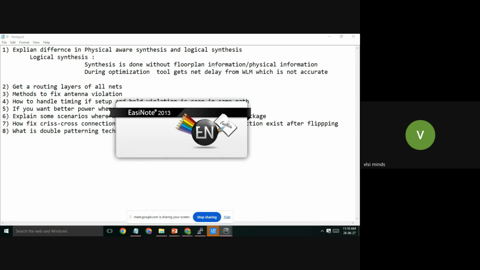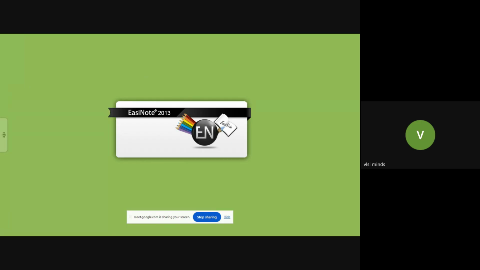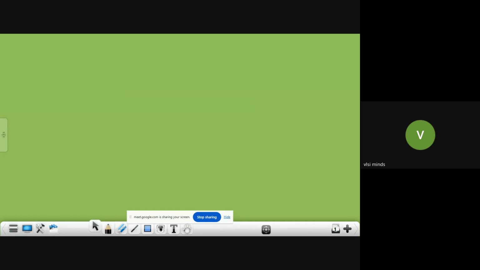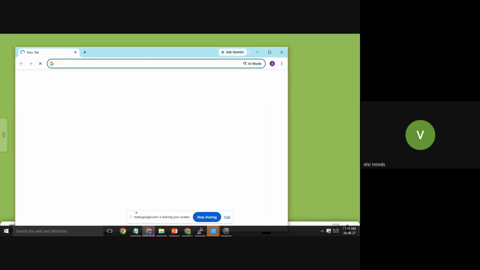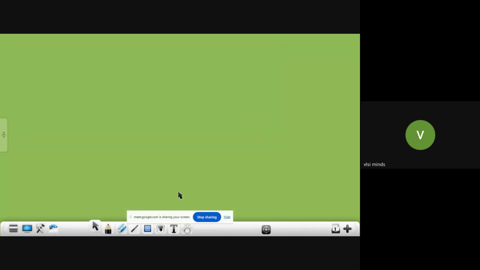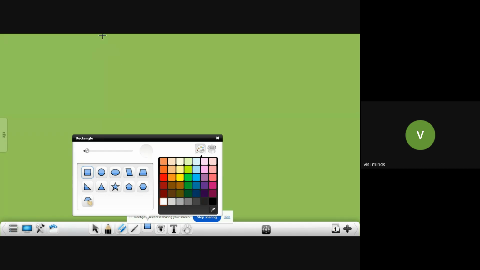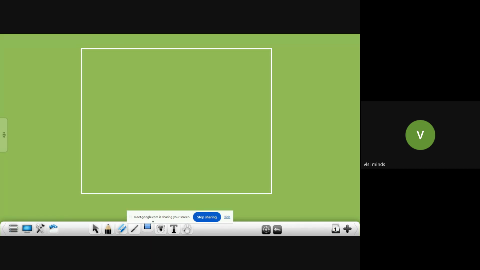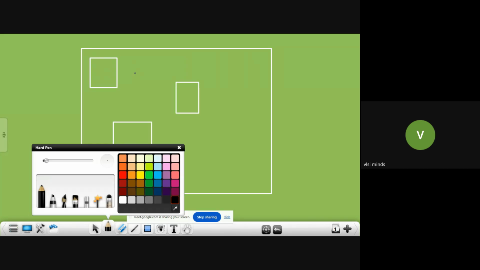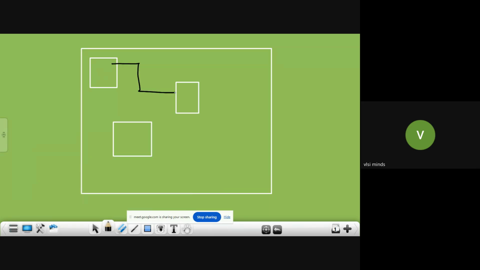Then you can use a QRC tech table, or you can use the TLU plus file. So if you have a floor plan like this, and if you have cells, right, and if the cells are placed, then this is a metal layer connecting from one cell to another cell.